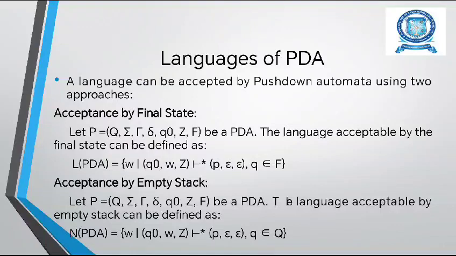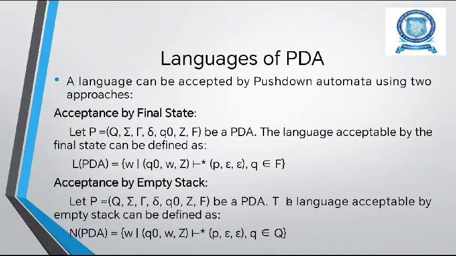The formal definition is: let P = (Q, Σ, Γ, δ, q0, Z0, F) be a PDA. Then the language L(P) is called the language accepted by final state. L(P) can be defined as L(P) = {w | (q0, w, Z0) ⊢* (p, ε, α)}. That is, the PDA P reads the entire input w and enters a final state